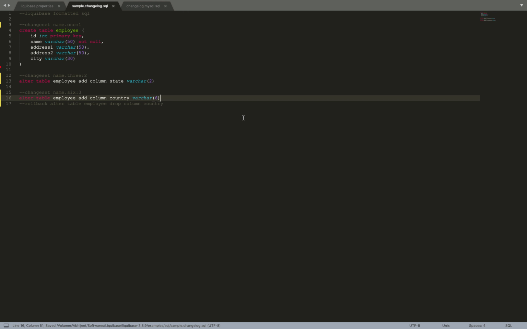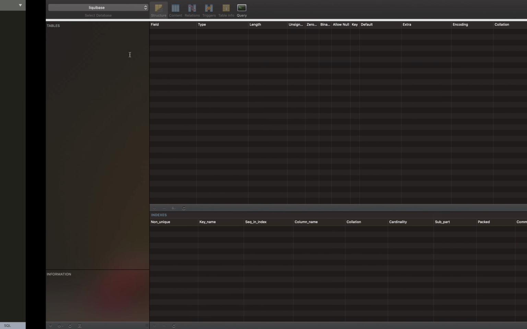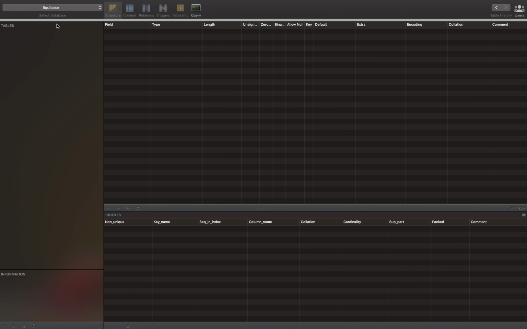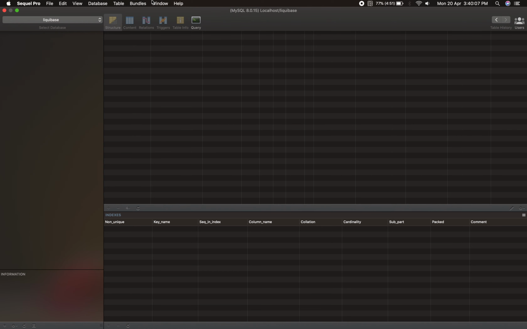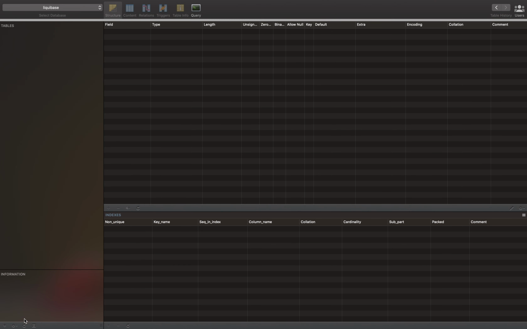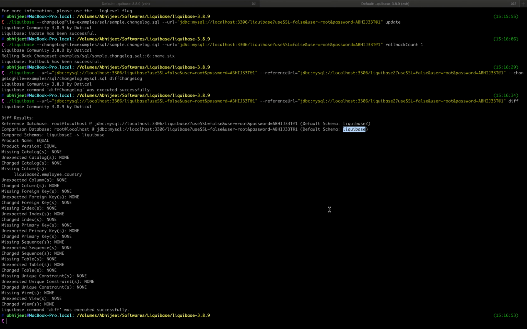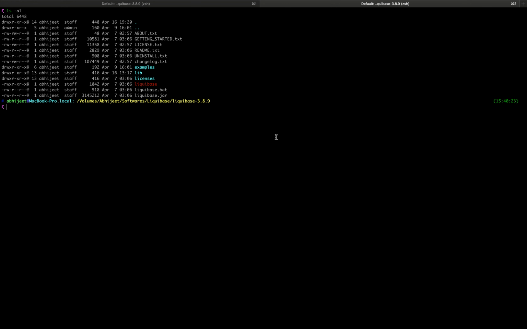so let's go ahead and execute this migration. So this is Sequel Pro, a MySQL client, and I have created a new database. Its name is Liquibase and there are no tables in it so far. Let me clean this up, and I am in the Liquibase directory where I have extracted and downloaded this. Okay,